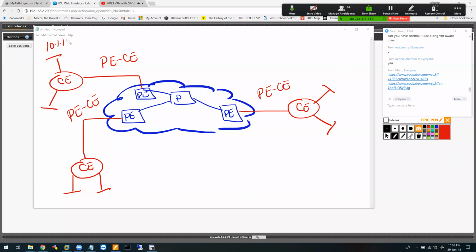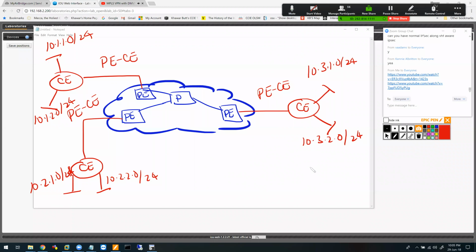Site 1, 10.1.1.0 and let's say 10.1.2.0. Second site, 10.2.1.0, 10.2.2.0. Third site, 10.3.1.0 and 10.3.0.0. All right. Now, what happens is when you run a PE-CE routing protocol with your service provider, you're